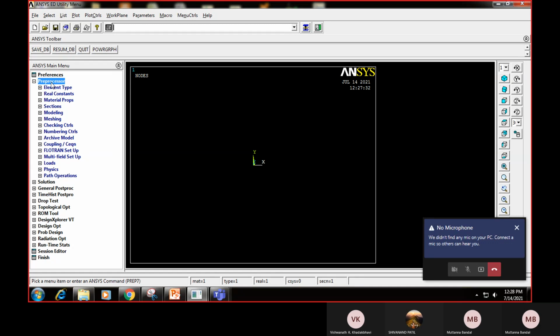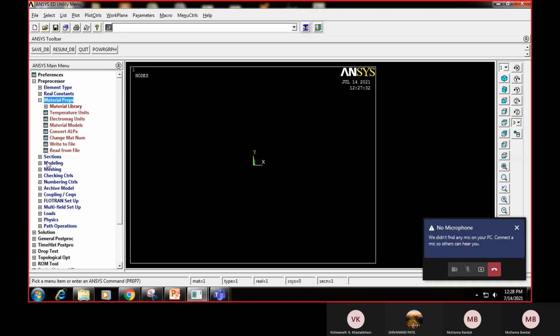Discretization is nothing but the splitting of the structure into a small number of pieces, and each small piece is called an element. So the preprocessor refers to the discretization or meshing process, wherein we will define different types of elements, assign the material properties, assign the section properties, and then go for the modeling, like defining the loads and boundary conditions.